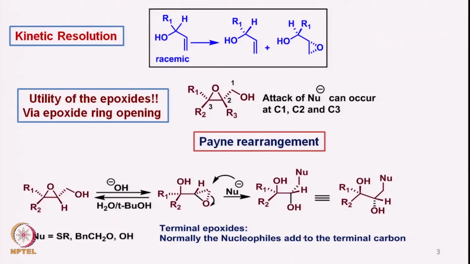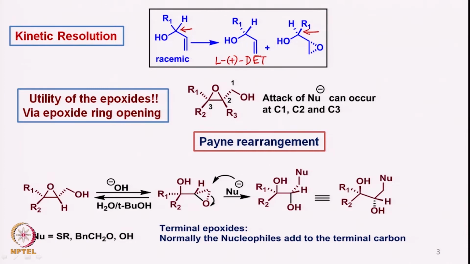Now we come to the kinetic resolution part. We need not spend much time. We already have seen that if we take L plus DT, for example L plus DT as the tartrate ester, then of course the two racemic molecules which are here, because of the group R1, they exist in racemic form, and we are taking a racemic molecule and then we are trying to react it with L plus DT and of course titanium isopropoxide and tertiary butyl hydroperoxide, the one in which the R1 group is away from